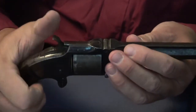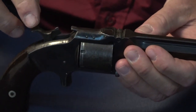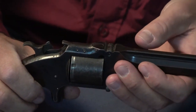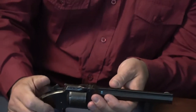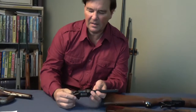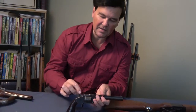The sights are a little crude. You can see them once the hammer's down. But you wouldn't have any trouble hitting, for example, a Coke can at 20 yards, which for a handgun I think is fine by any measure. And it's single action, so you have to pull the hammer back. And because it's rimfire, you're never going to break this firing pin, because really, if you look at it,